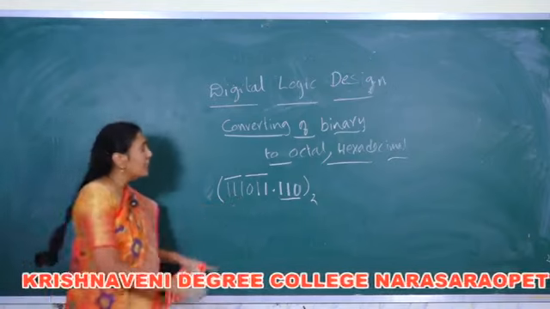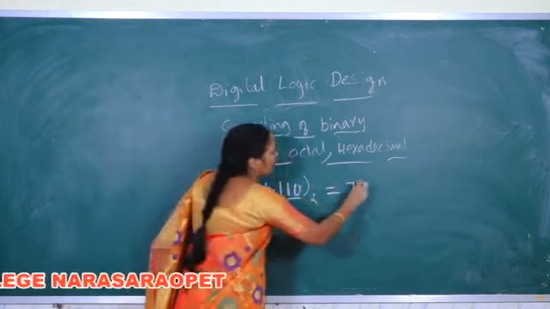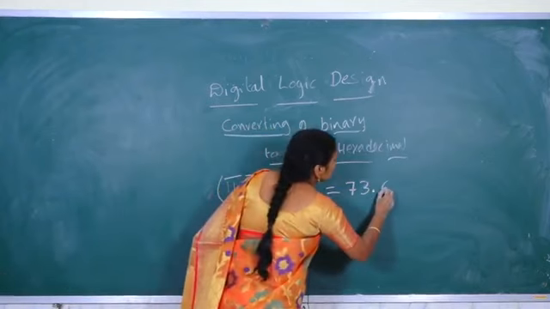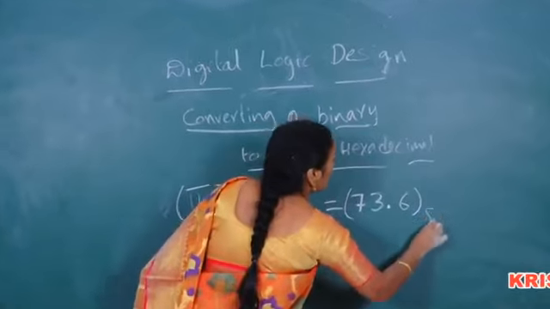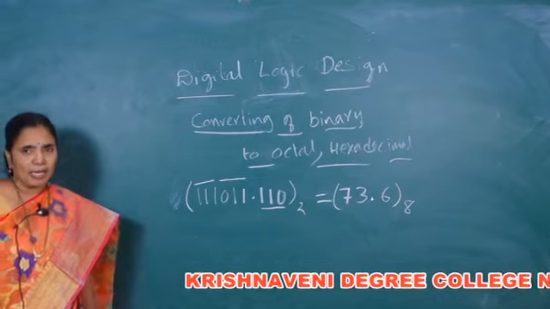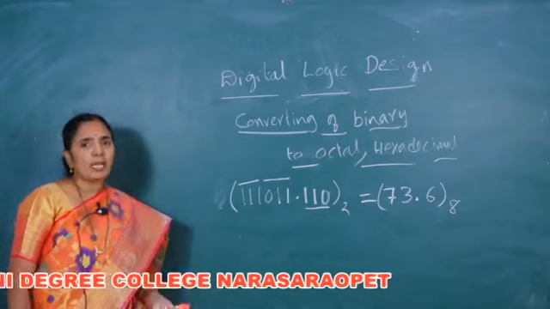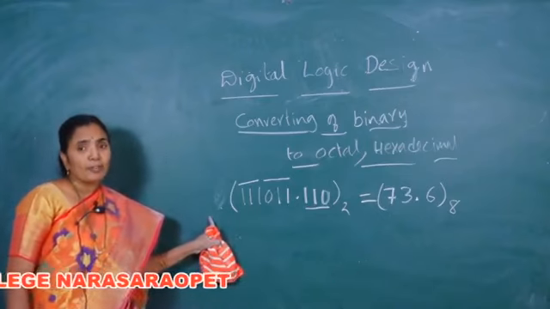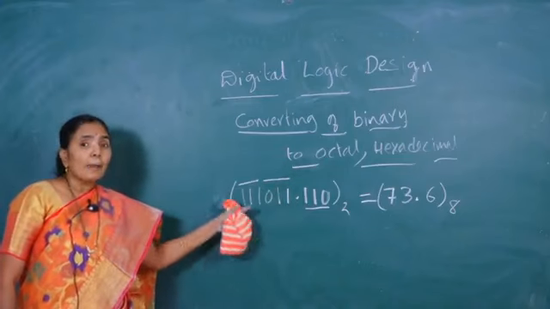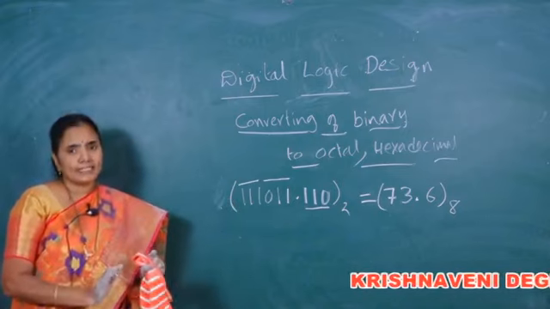Each 3-bit binary number is to be converted to an octal digit. 111 stands for 7. Next 011 stands for 3. Next 110 stands for 6, which is the equivalent octal number. If the same number is to be converted to the hexadecimal number, then what is the process to be done? The largest number in the hexadecimal is 15, which requires 4 bits to represent that number. So, the binary number is converted into groups of 4 bits together.